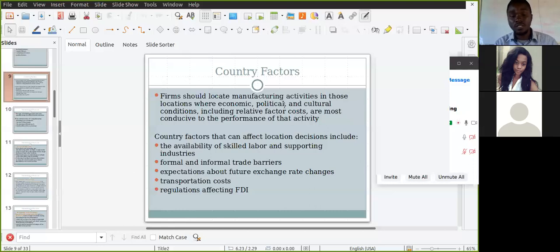And cultural conditions. What the culture that you believe in your home setup is not the same culture that they believe in your neighbor's setup. So every place you go to, there are different cultures. The way you're going to save food in your home is not the same way that they'll save food in Zimbabwe. For example, when we look at the African setup, it is not right for a child to call an adult by their name. But when you go to Western societies, it is something of their culture.